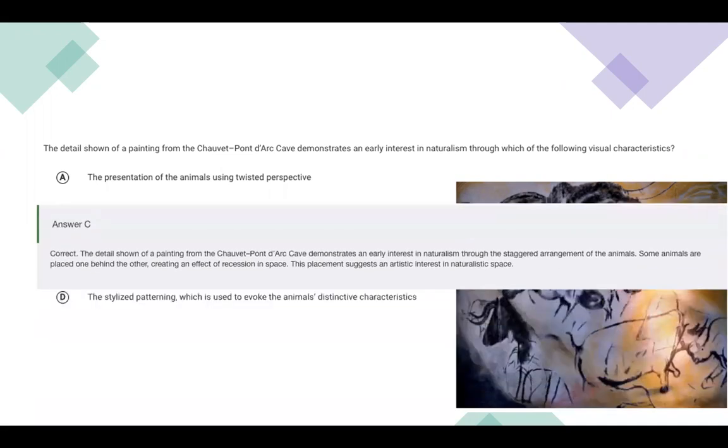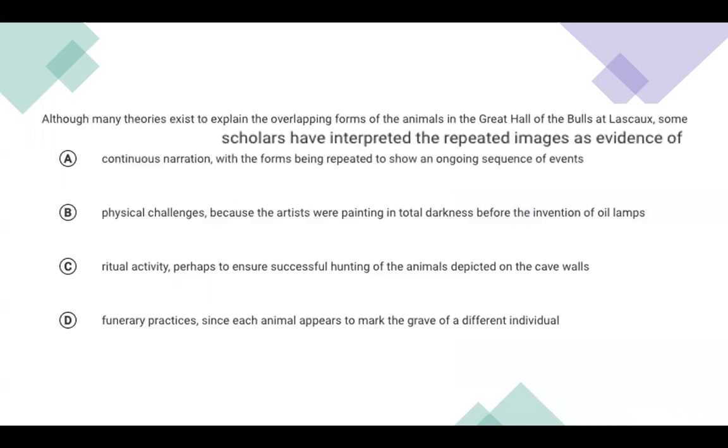Correct. The detail shown of the painting demonstrates an early interest in naturalism through the staggered arrangement of the animals. Some animals are placed one behind the other, creating an effect of recession in space. This placement suggests an artistic interest in naturalistic space. Although many theories exist to explain the overlapping forms of the animals in the Great Hall of the Bulls at